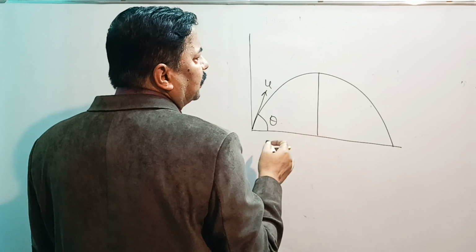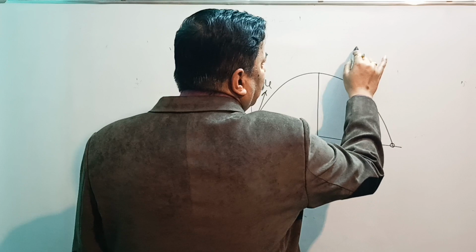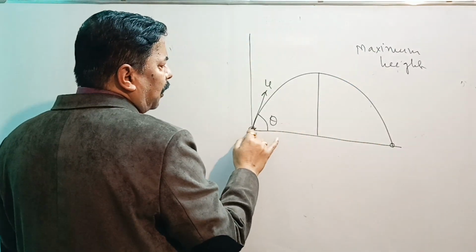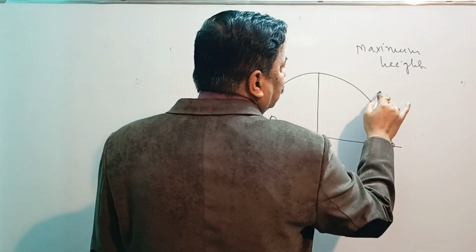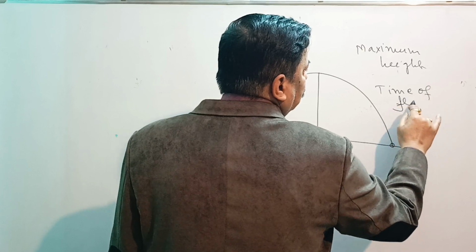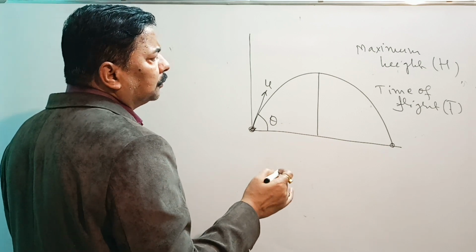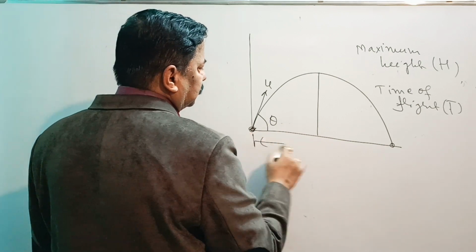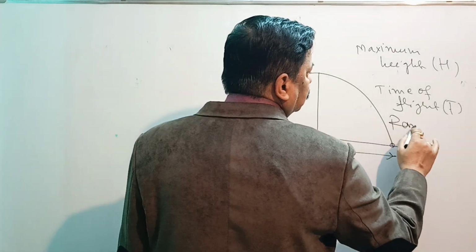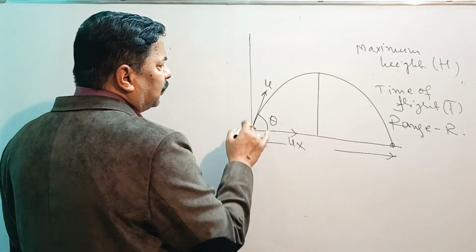This is maximum height, and the time for which the projectile remains in air is your time of flight. And one more term is there that we call range, horizontal range. The cause of range is